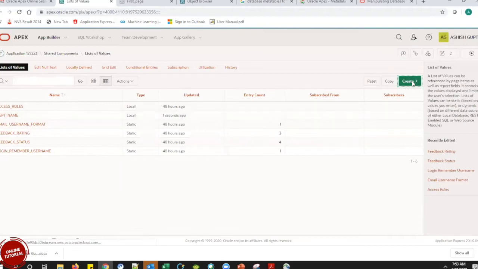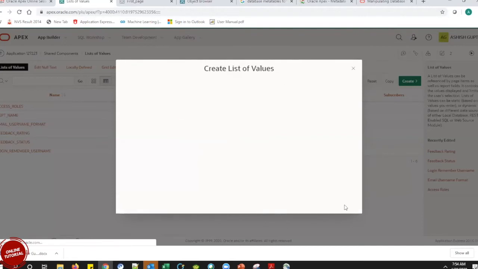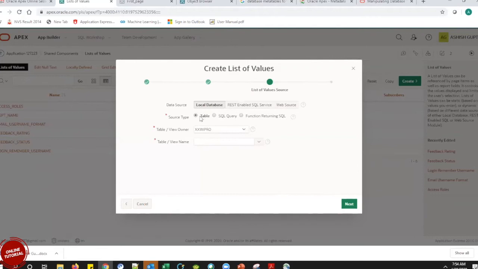Now I will show you if I want to write an SQL query, how we are going to write. Again from scratch. Next, it is dynamic, dname name. Now next. Now I don't know the table, and I don't want to go like this. I want to write an SQL query directly. So I'll write an SQL query directly. So this is the syntax. Select dname, okay, comma dpt b from this.